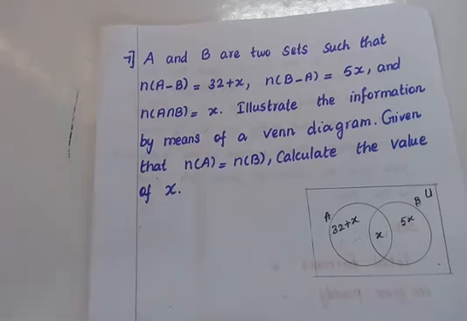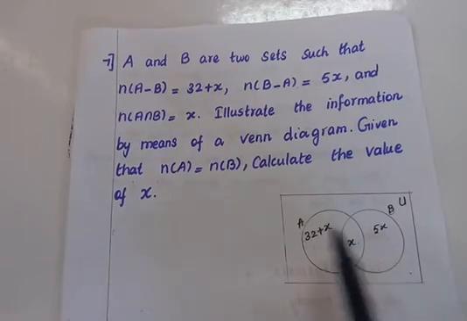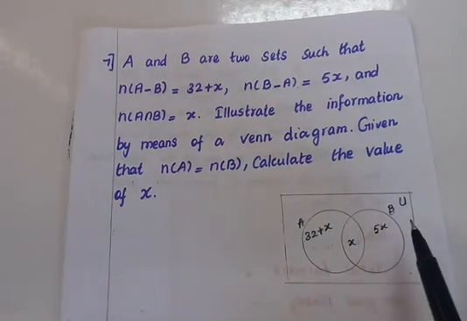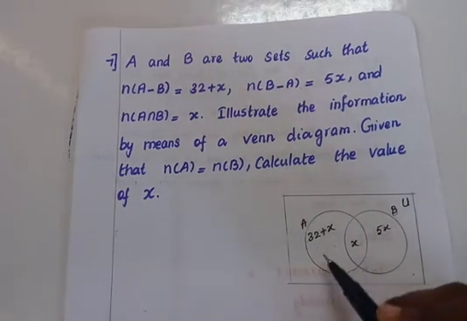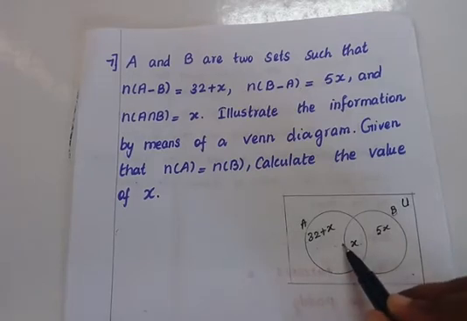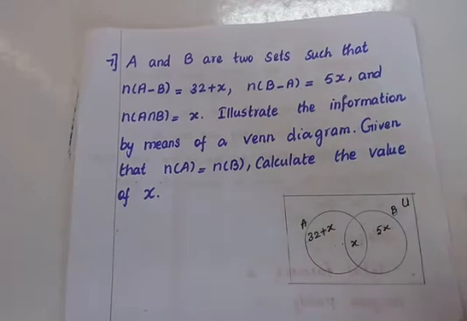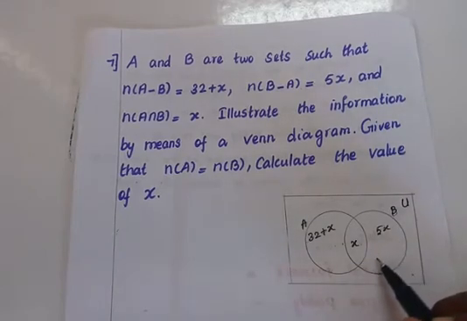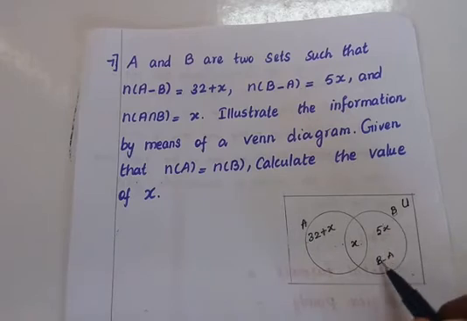First we draw the Venn diagram. This is set A and this is set B and this is the universal set. The universal set is a rectangular box, and we write the data. So this portion is A − B, so n(A − B) is given as 32 + x, and this portion is B − A, so n(B − A) is 5x